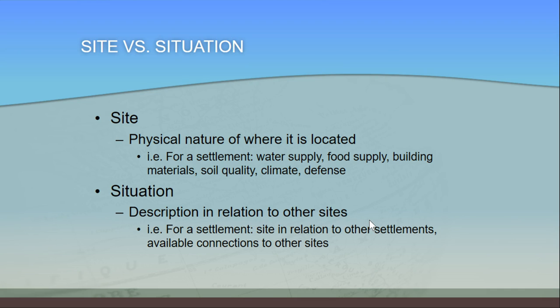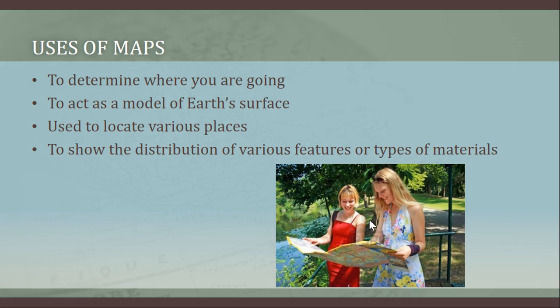Now, there is a little catch here. In your site, you can have a water supply that's for your site, but if that water supply starts getting too far away, then it becomes part of a situation, especially if you're sharing it, say, with another settlement, right? And so there's some fluidity a little bit to these definitions, but basically site is where it is, situation is where it is in the relative world, where everything else is. Yeah? Okay, so let's talk about maps,